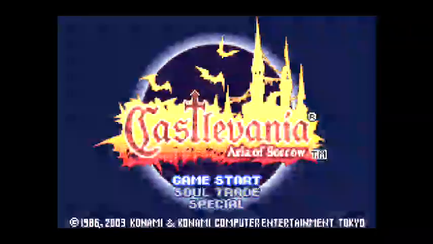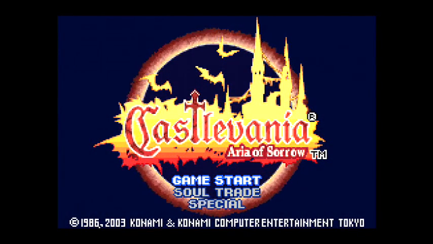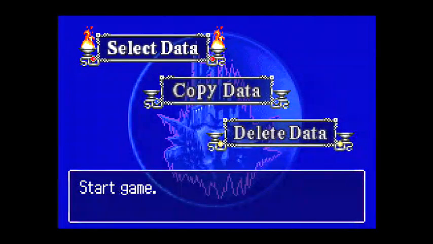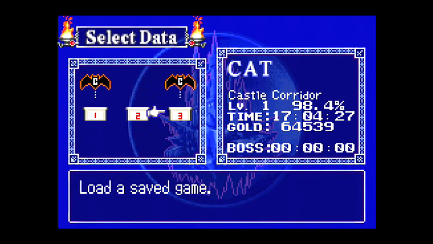Today, Castlevania Aria of Sorrow came out on Virtual Console, and that is what I'm going to play. Except I'm cheating a little bit. I'm playing the Castlevania Double Pack GBA ROM on a Retron 5, and I imported my old save data, and as you can see here,